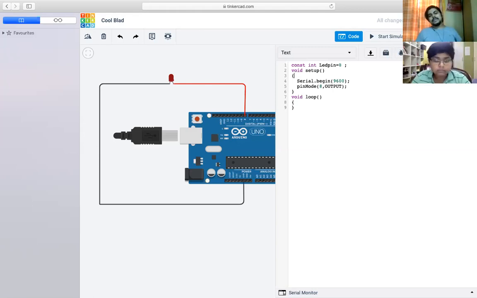Can you tell me the difference between void loop and void setup? Yes, sir. The void loop gives commands to start the communication and pin modes. And the void setup does all these things, and void loop is for the instructions to follow when we do the programming. Okay. Do you know why we mention only serial.begin and the pin number part in void setup, but not in the void loop?